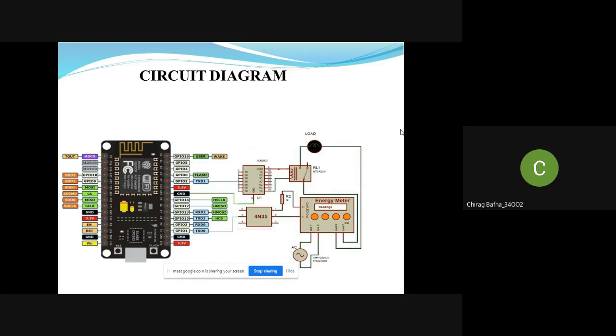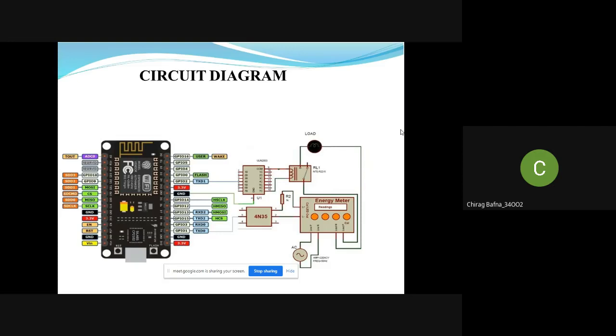Now, the relay is connected at pin number 12 of the NodeMCU through the ULN2003 relay driver. See, this is the relay driver, which has 16 pins. Now the user needs to connect the anode terminal of the LED at pin number 1 of the optocoupler, and the cathode is also connected there to pin 2. Pin number 4 of the optocoupler should be directly connected to the ground.